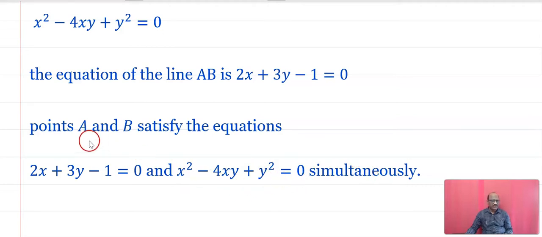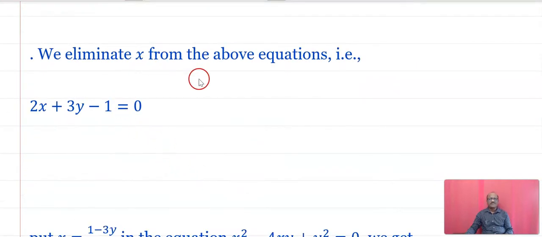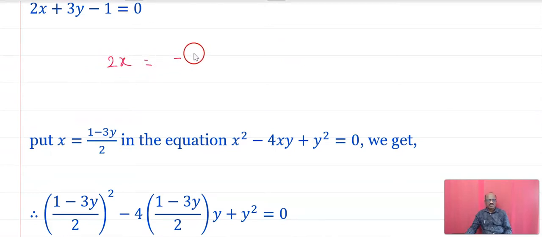If we substitute the values of A and B, then these two equations are satisfied. We eliminate x from this equation. Okay. Then how to eliminate: here I can write 2x is equal to 1 minus 3y,